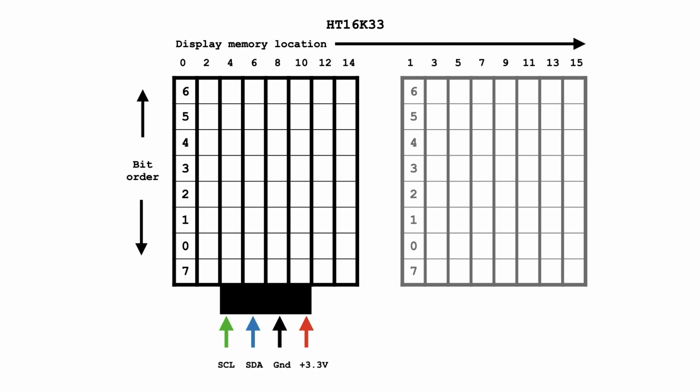This chip can drive two 8x8 matrices next to each other. And if we look at how the memory is arranged, we can see that it allows for this. It has quite a strange format. Each byte we send corresponds to a vertical line of pixels. And you'll also notice that the most significant and the least significant bits are not necessarily where you might expect them to be. Not only are they reversed, but also the most significant bit has been rotated round 1 bit